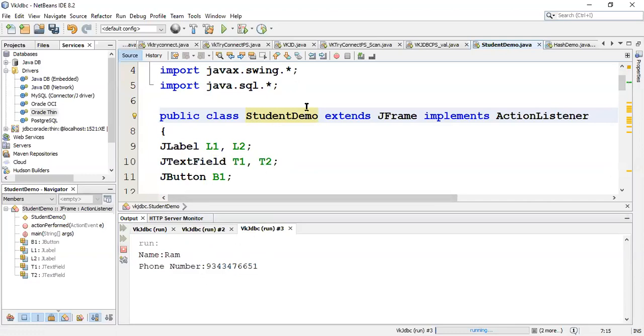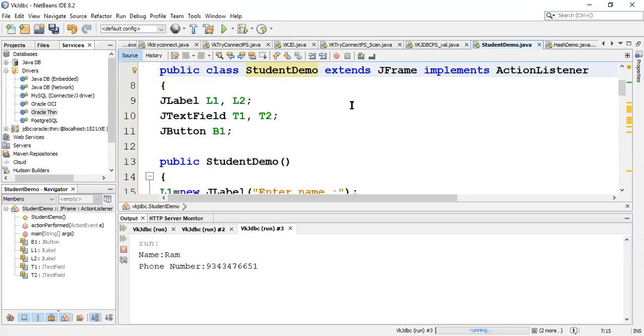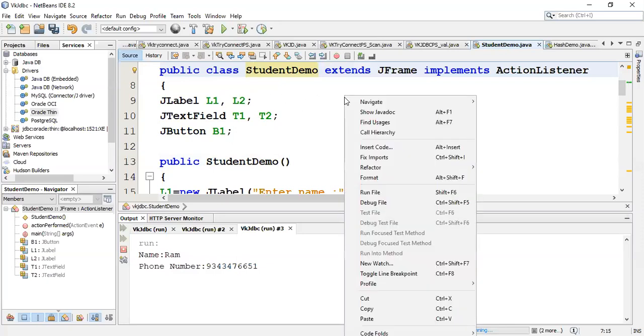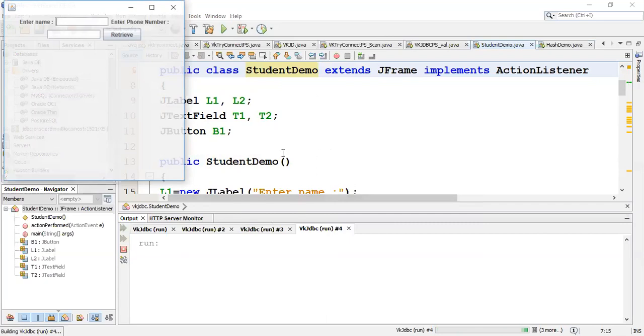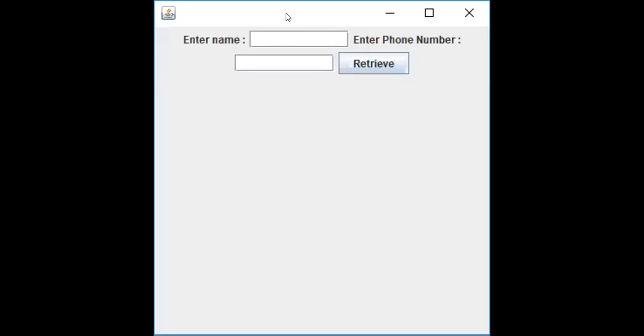Last time I executed and the swing window was visible to me, but I assumed it would be visible to you. Later, when I saw the recording, I realized that the window was not visible to you. So I thought of repeating just the execution part today, because the explanation I have already finished last time. When I run it, I am able to see the execution window, that is a frame, but you will not be able to see it because of the zoom setting. I will have to share that window. So I'm sharing. Yeah, now you can see.